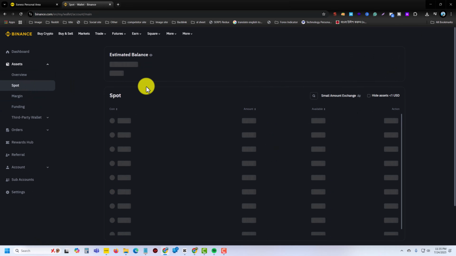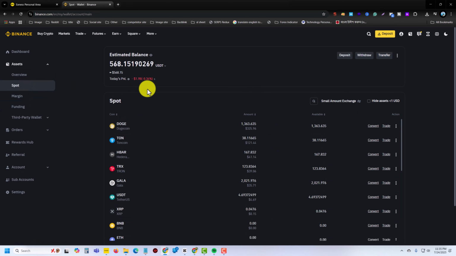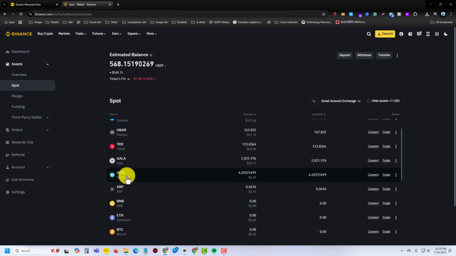So spot means you already spent or bought any coin using this dollar. So you can see USDT. I want to transfer this USDT to my funding. That's my main balance, which I am able to withdraw to my bank account or other account. So to transfer it, you have to press on this transfer,